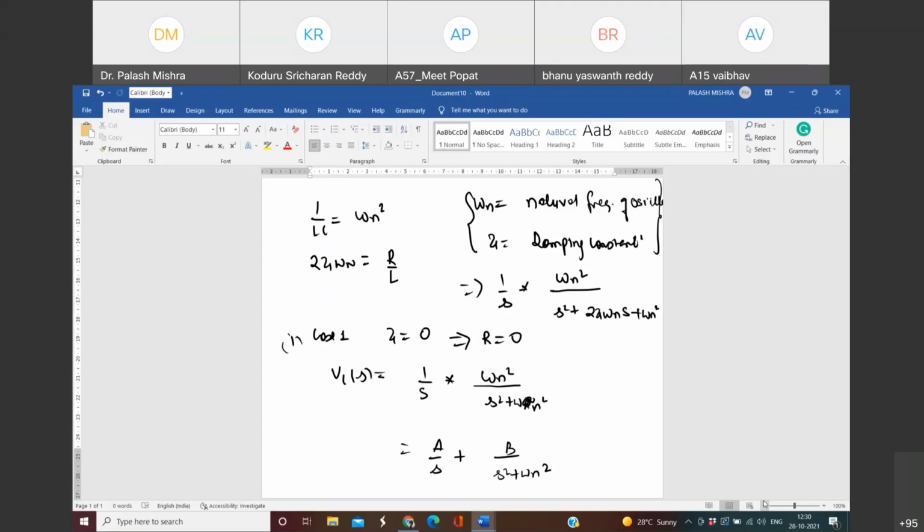One by s minus s by s square plus omega n square. Let me check the answer. 1 by s minus... No, don't bring j omega here. Don't bring anything j here. The Laplace domain expression is s by s square plus omega n square. I think it should come something like this, s by s square plus omega n square. Is it correct? Yes, sir. Okay. Then if it is so, then